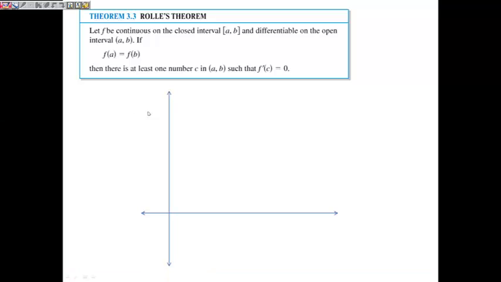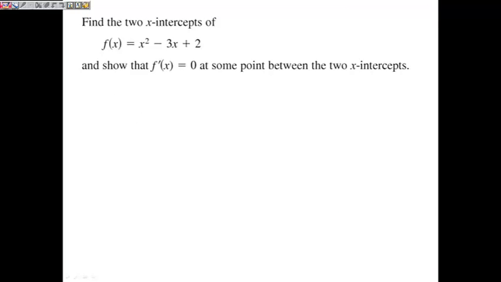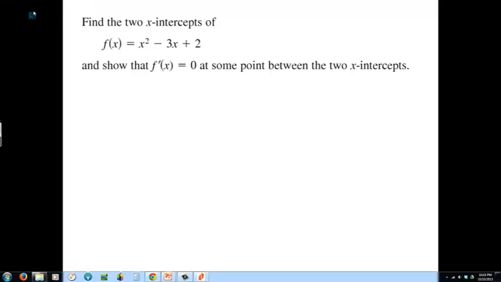Okay, so let's see what a problem might look like. Here's my first example. Find the two intercepts of f of x is equal to x squared minus 3x plus 2, and show that f prime of x is equal to 0 at some point between the two x-intercepts. Right, so there are two x-intercepts. If we solve this,